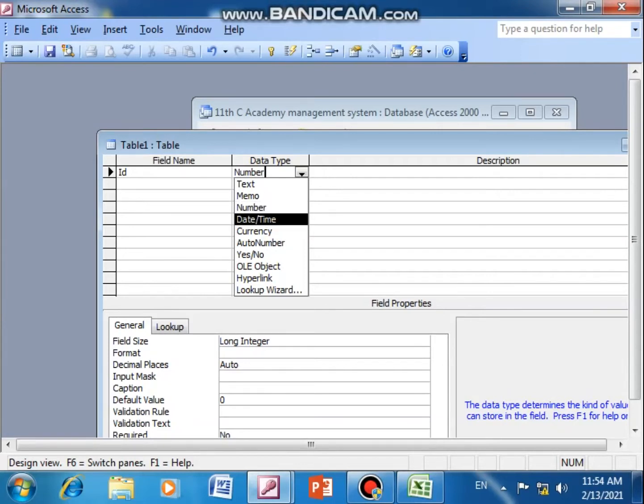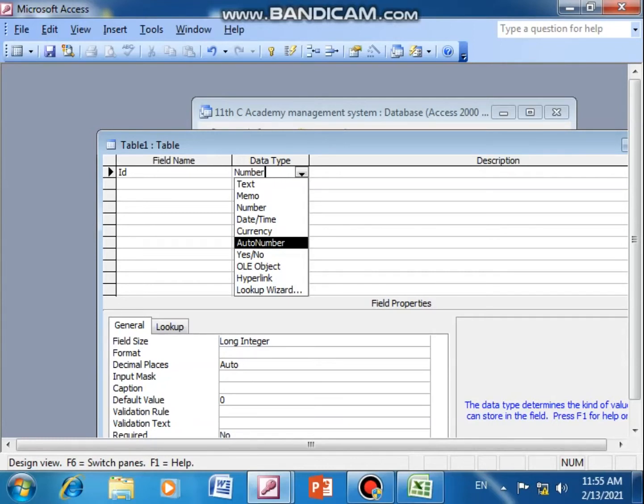Date and time. Date and time will allow you to store date. For example, if you prepared attendance table, then in attendance table, date and time field you will have to take. Currency. It's same like number, but it gives the symbol of currency before the number you have entered. Then auto number. Now if you see a bill book, okay, then the bill number is generated automatically. Bill book, they have stamped the different numbers. Or if you see the printout of the bills, then every time the shopkeeper will not type the bill number, it will be generated automatically.